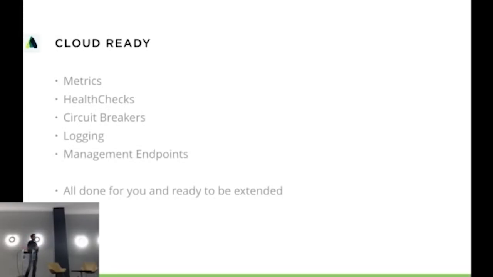And lastly, the cloud-ready aspects. When you deploy something into a Java PaaS, like Cloud Foundry, for example, you should add things that help the underlying platform determine whether or not it needs to scale out, whether or not it needs to kill an application and restart one, and so on and so forth. So things like metrics, health checks, circuit breakers, Netflix Hystrix comes to mind, logging, and also things around management, like changing your configuration on the fly, and service discovery. All those things suddenly become important when you deploy something to production. They just exist with Spring Boot.